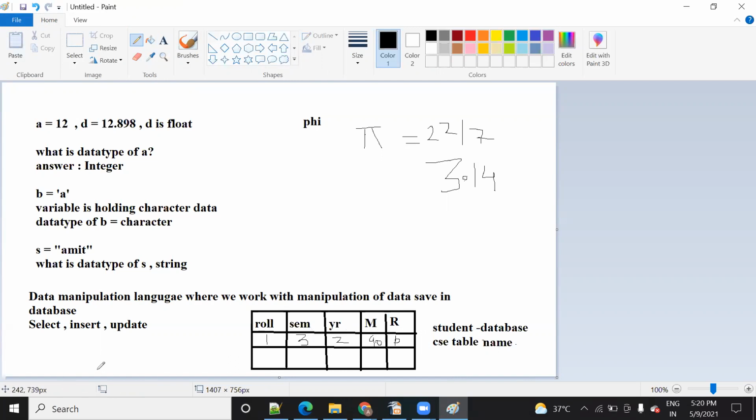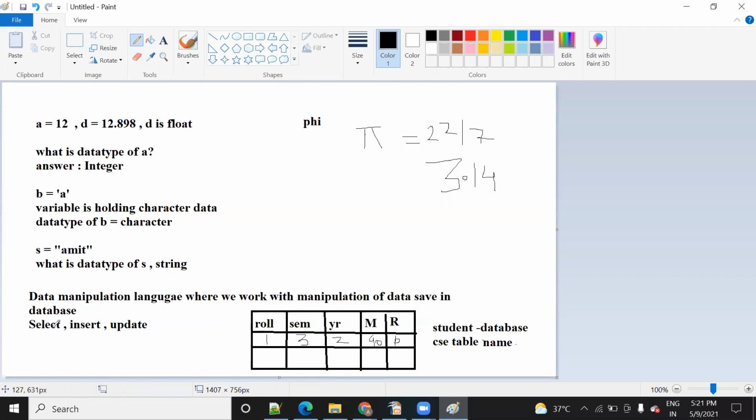Okay, the roll. Semester, second, you can write now, sir. Sorry. Oh, okay, okay, sir. It is okay, semester 3, year second. Yeah, I got it. So it is just a random example I'm giving you.